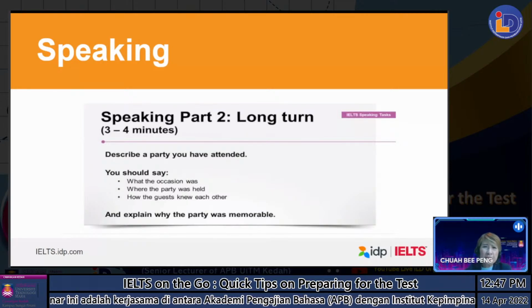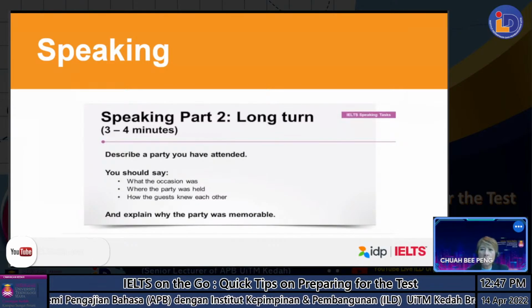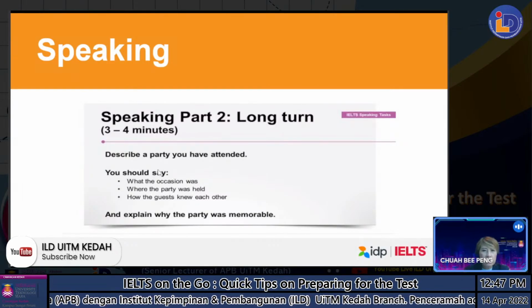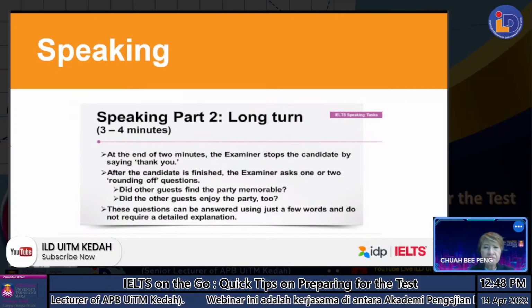Make up stories. Don't say that I've never been that, I've never done that. I cannot say no. Okay? Because you do not want to waste time. So quickly come up with, I watched this before, I've seen this before. So use that scene or use that experience to talk about, right? No one can question whether it's true or right or not.